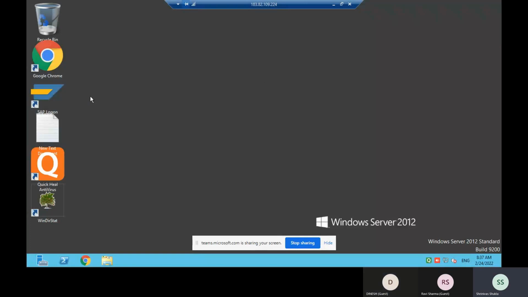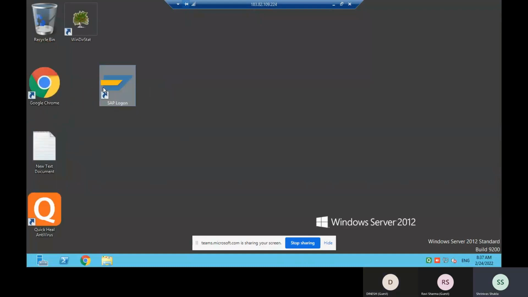See, now what we have done is we have got a demo system. We are accessing that. So here, see, this is the SAP logon pad. This is called the SAP GUI. So when you double click on this,